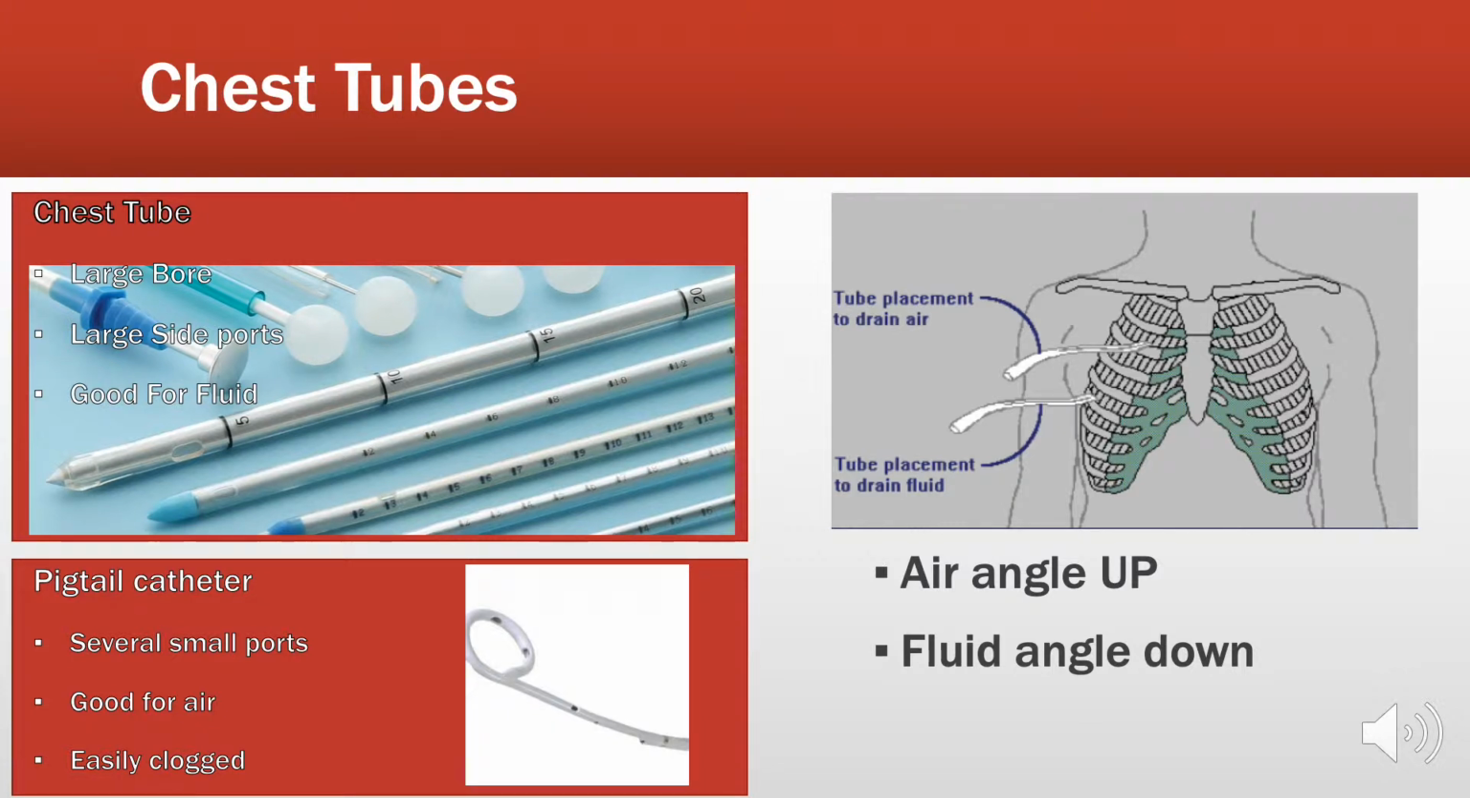Finally, in the third picture, where you see the placement of the tubes, for air, you really want to angle them towards the apex of the lung, anterior apex of the lung, because that's where the air is going to rise to. Whereas fluid, you want it to the most dependent area of the lung, which is usually posterior and low,